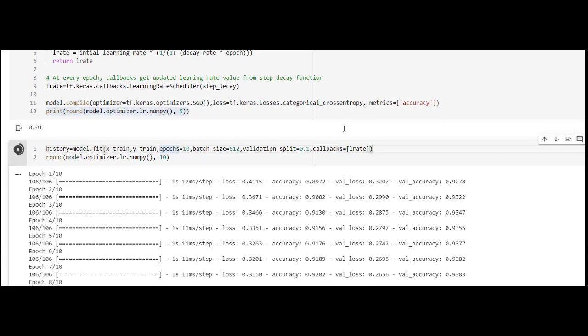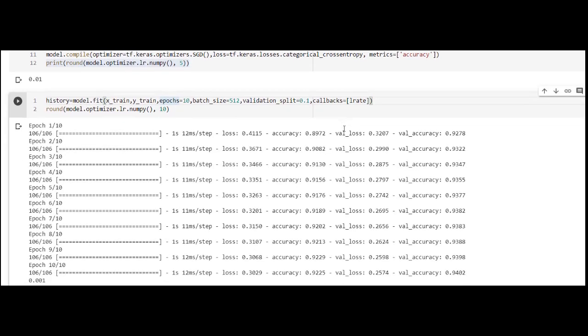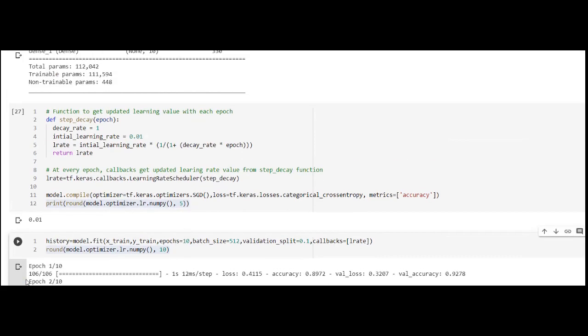Whatever learning rate you have specified initially will be changed due to the learning rate scheduler. And after training, if we check what the current learning rate associated with this optimizer is, we will get 0.001. The formula says that the initial learning rate is 0.01 into 1 divided by 1 plus decay rate, which is 1, and epoch, whose maximum value is 9.